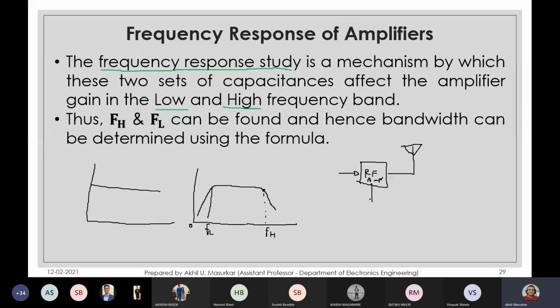RF means the frequencies are very high, that is 1 megahertz to around 10 megahertz or even sometimes 100 megahertz. So I want an amplifier which can amplify a range of frequencies up to 100 megahertz. If my bandwidth is small, then there is a problem. So I cannot amplify